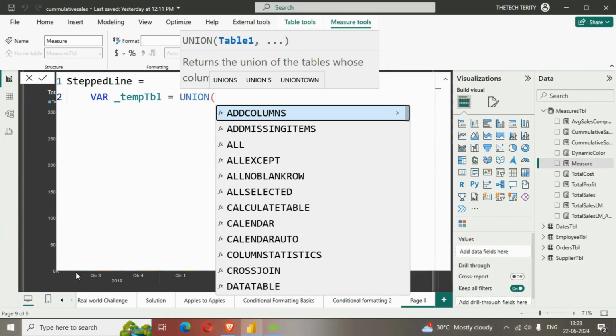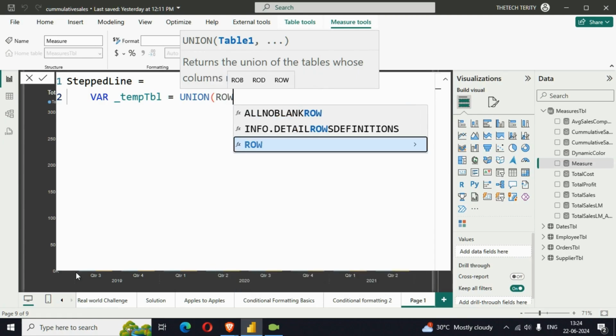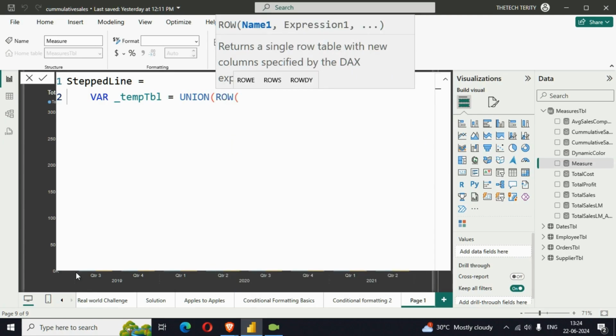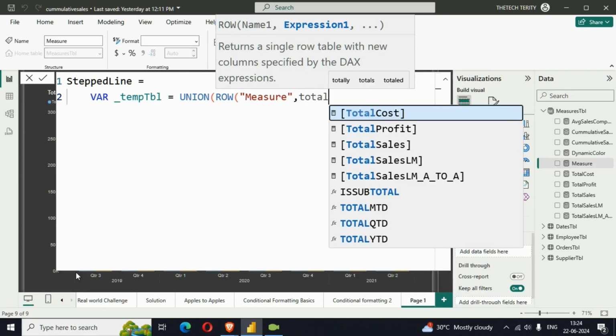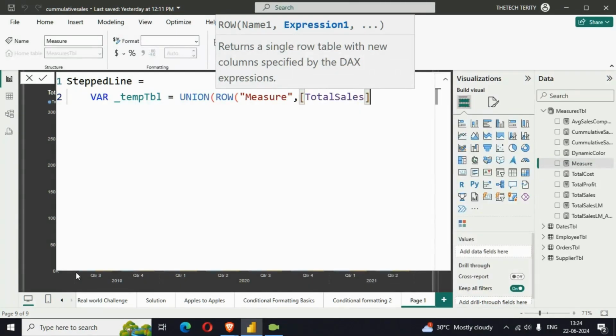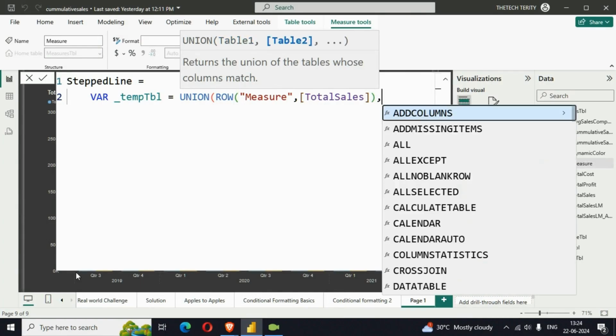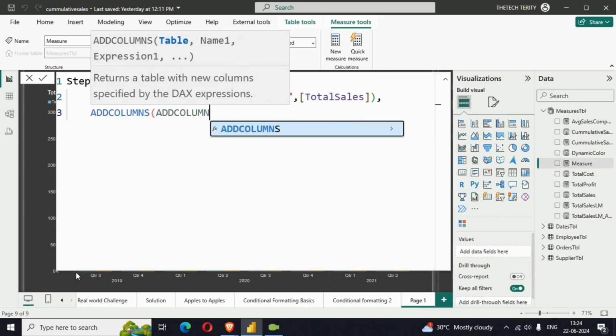So the first table is my current sales figure, so I'll use row function here, and here I'll need to provide the name of the column. I'll say measure, and the next parameter is my expression. So I'll use total sales here, and I'll close this. So this is my first table, and for the second table,